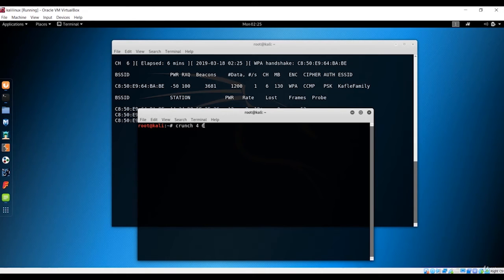Instead of making use of the crunch application, you can download a word list from online. You can go to a browser and search for crunch word list. It will give you a bunch of word lists that have a variety of sizes, from 1 GB to 10 GB. You can download that and work against this handshake. I'm just giving you the sample over here of how to use crunch to create the word list. You use crunch, 4 is the minimum, 6 is the maximum.